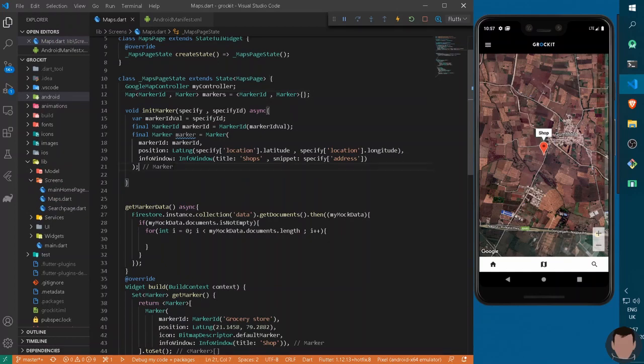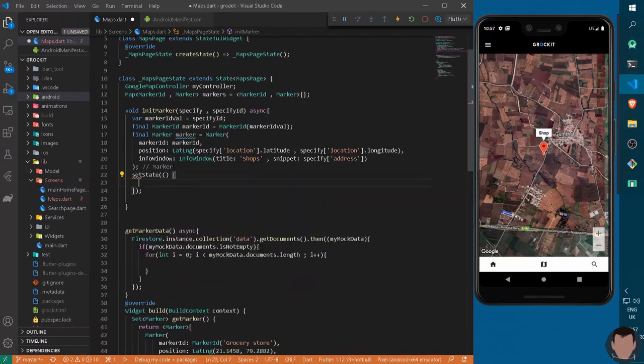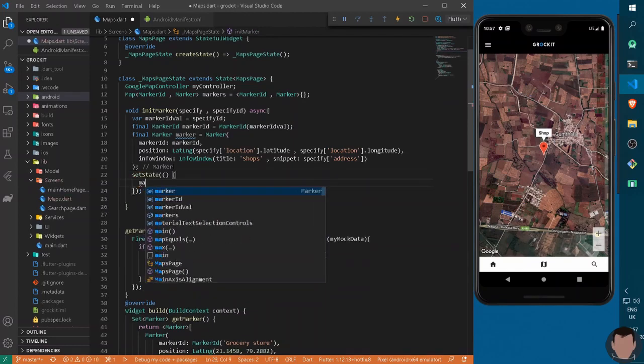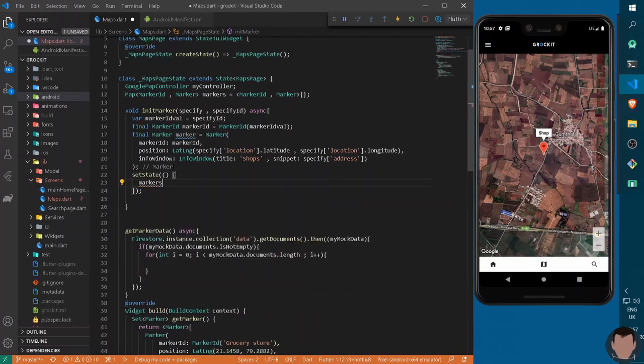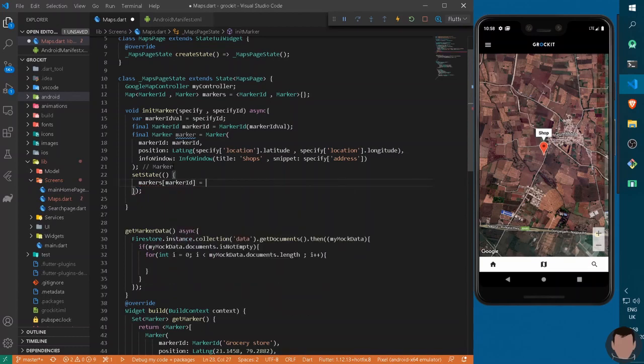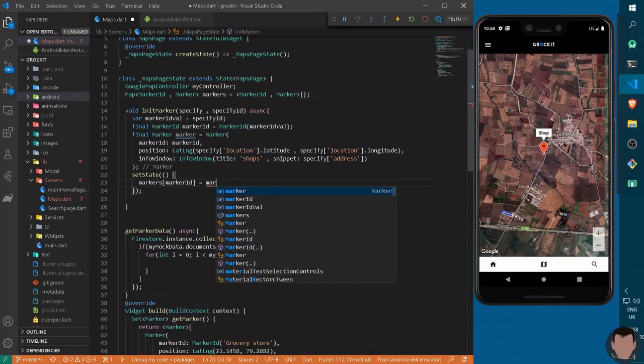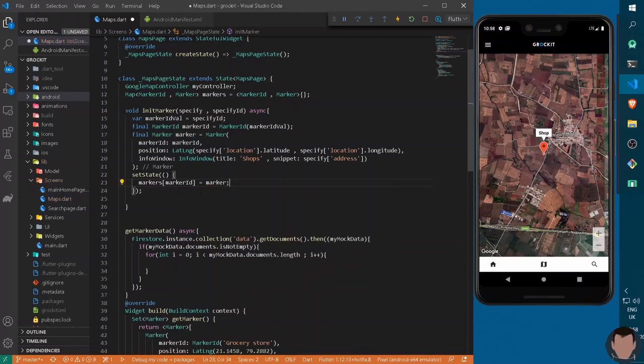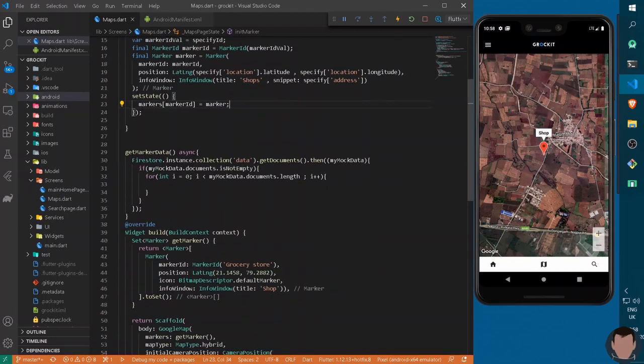So I can come down here and set the state of the method. I will write here markers under the marker ID should be equal to the marker. So it is all for instantiating the markers in our map. So we can declare this method here in our for loop. I can write here init marker, and it will take a specify and specify ID.